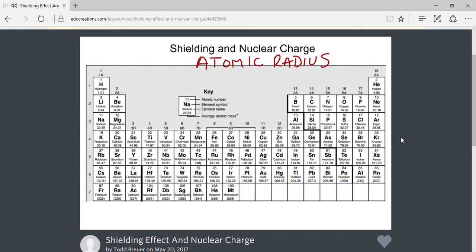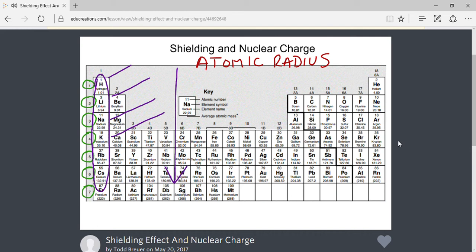When looking at the periodic table, we can see how the number of energy levels increases as we move down a group. Although we are circling the period numbers here, we're thinking about elements located in the same group, such as what is circled in purple. Hydrogen would have only 1 ring, or 1 energy level of electrons. However, lithium would need 2, sodium would need 3, potassium would need 4. As we continue to add rings, or energy levels, the radius, or the size of atoms, increases, moving downward on